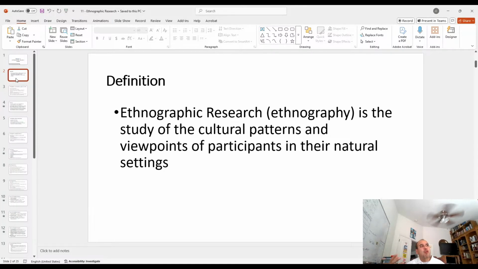It's also from the viewpoint of participants in their natural setting. What is a natural setting? This is really essential in research. There's natural setting and lab setting, or non-natural setting. Generally, when you go into an office or somewhere to be a test subject or to do a survey, that would be an unnatural setting. A natural setting is your home, your local coffee shop, places where you normally feel comfortable and where you congregate with your friends and family. The lake, if you like going to the lake. My daughter and I go quite a bit to Millerton these days. She loves Millerton. Those would be natural settings.